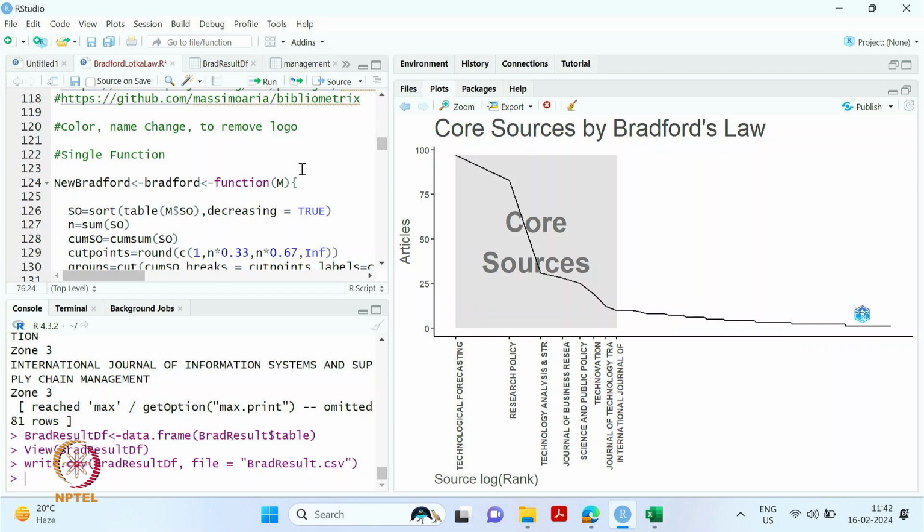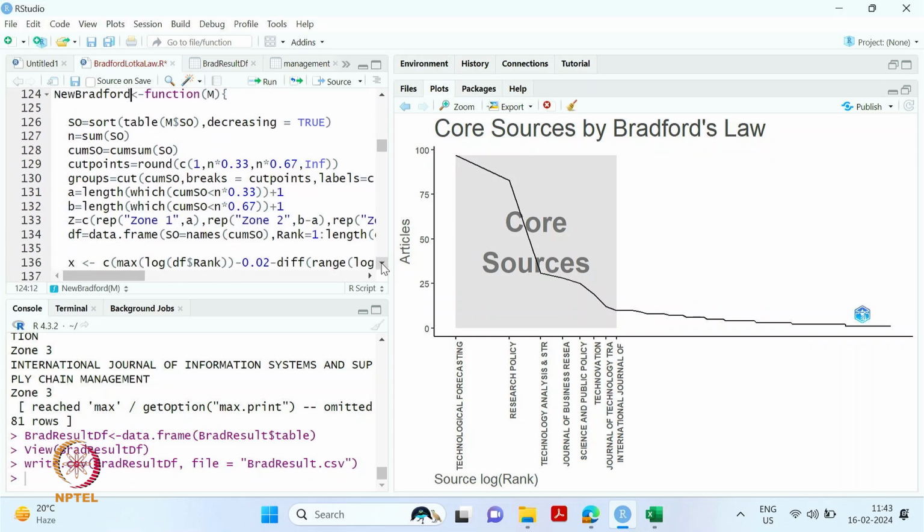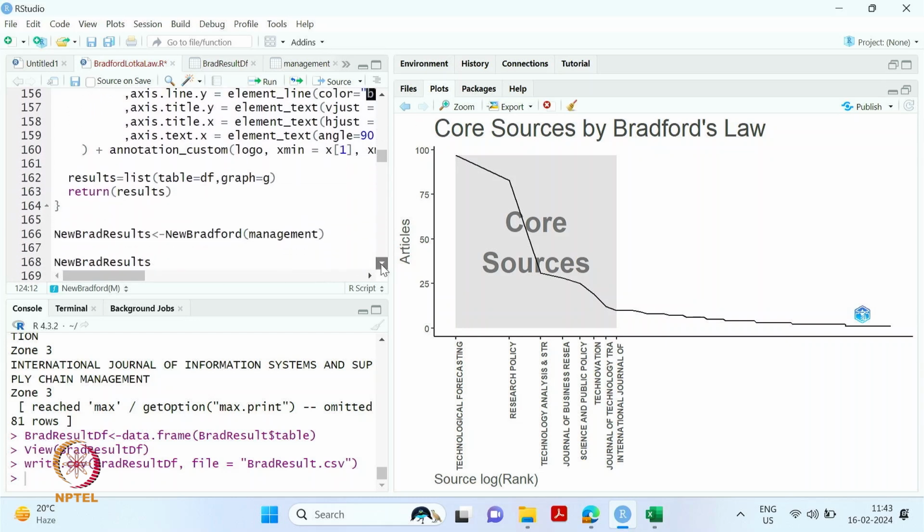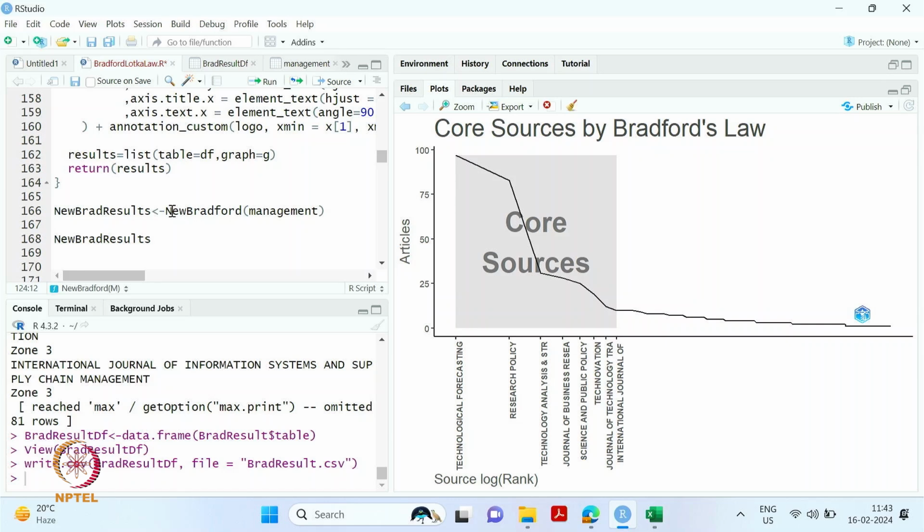So I have copied that whole code and named it as a new function name. I'm just making it as new Bradford law, and now this is my function. Now on the same data set, we won't call Bradford, but we will call the new function. What name have we given? New Bradford. So if I run this,